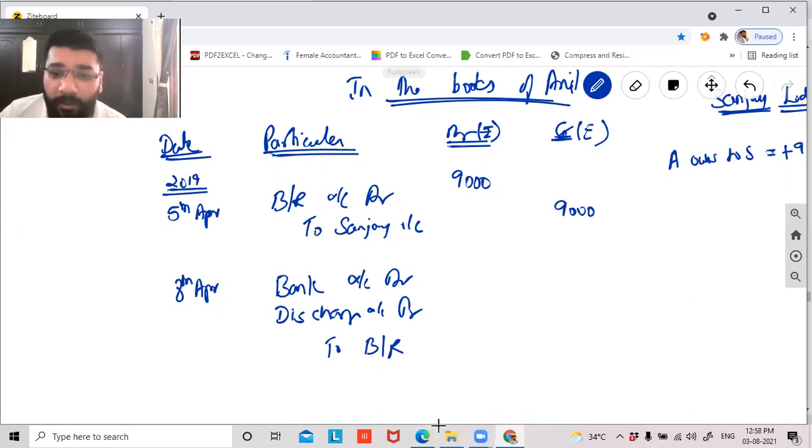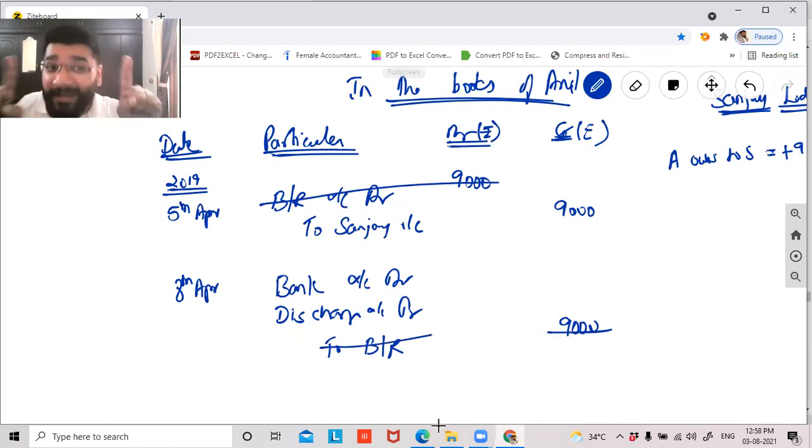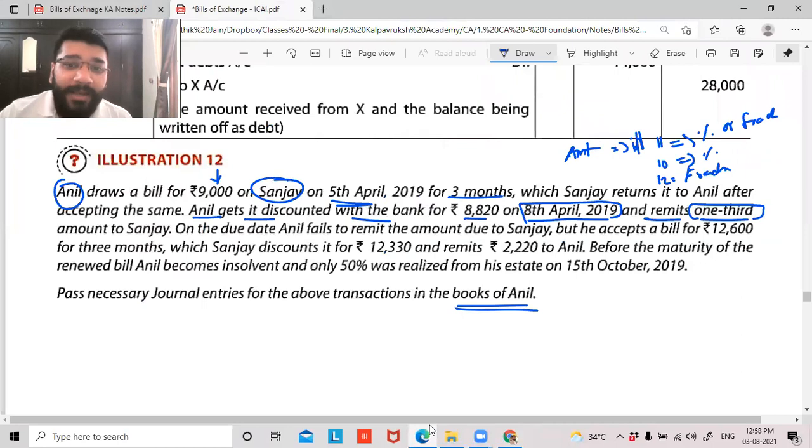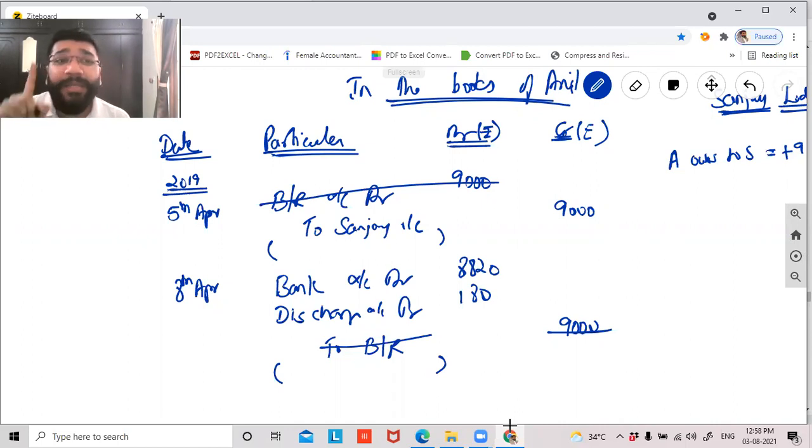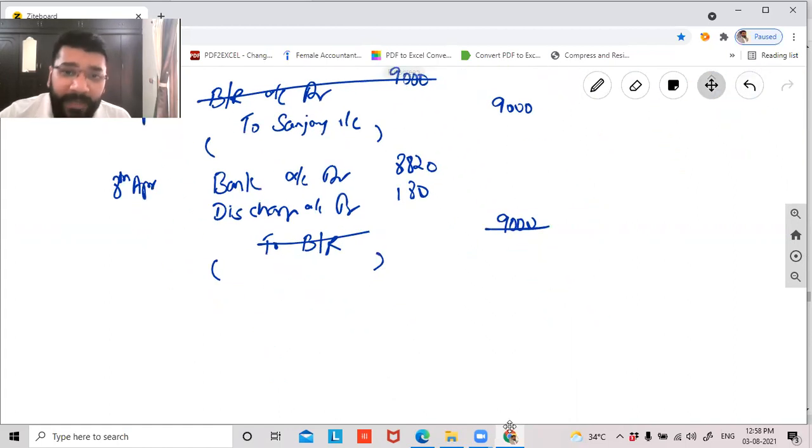For that, he's sending the bills he has in his hand. So the bills receivable account is getting knocked off to the extent of 9,000 rupees. Bills receivable 9,000 debit, bills receivable 9,000 credit, gone. Guys, you will not strike it in your exam paper. This is only for your internal knowledge. And 8,820 is the amount that is received, and 180 rupees is the discounting charges. Please do not forget to write the narration. If you don't write the narration, guys, you will get 0 marks for the entire question, even if your answer is correct. So narration has to be recorded.